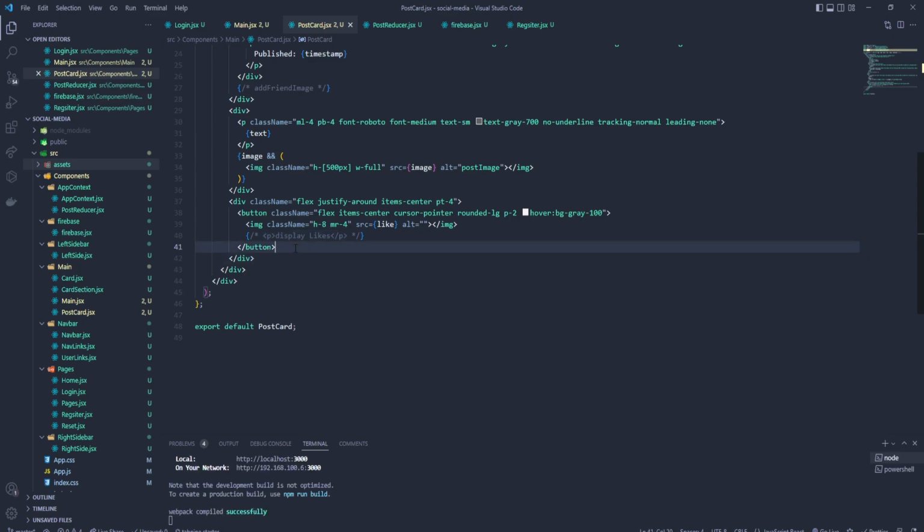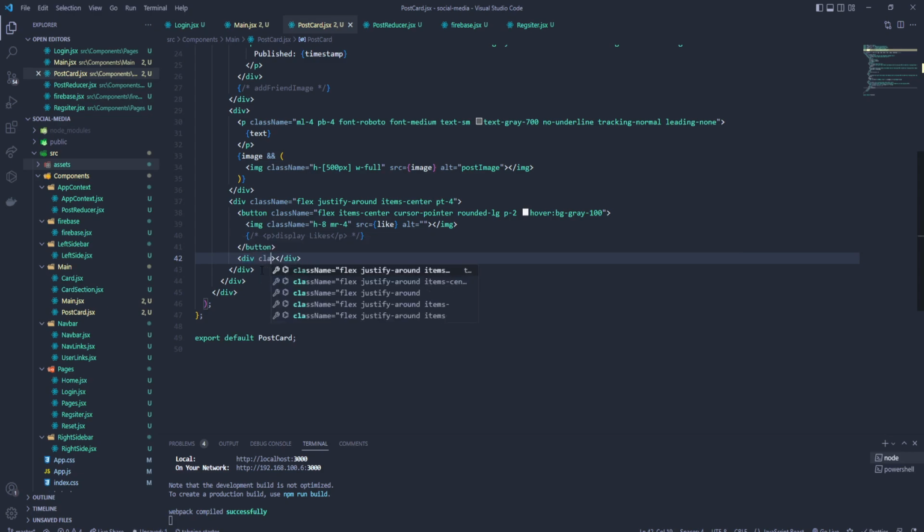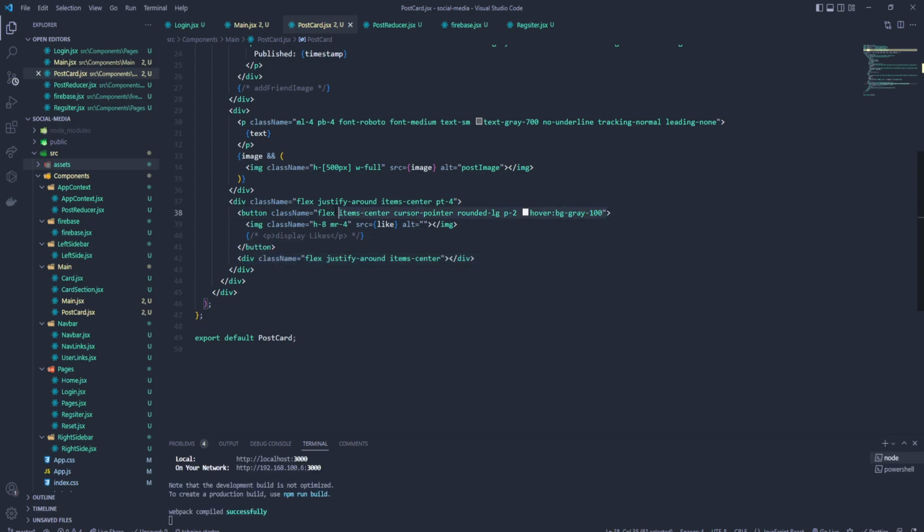After this button is done, we can create another div now inside here. That div is gonna have the class name, and we can pretty much copy this entire class name and provide it in that div as well. So after that, let's add another div inside. That div is gonna have the class name as well,